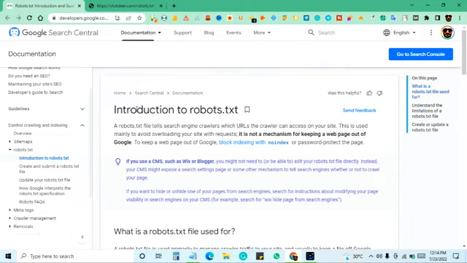Right guys, so the next technical SEO element we have got is the robots.txt file. So let's see how Google describes the robots.txt file. A robots.txt file tells search engine crawlers which URLs the crawler can access on your site. This is used mainly to avoid overloading your site with requests. So to cut the long story short, a robots.txt file is a way of telling Google or any search engine